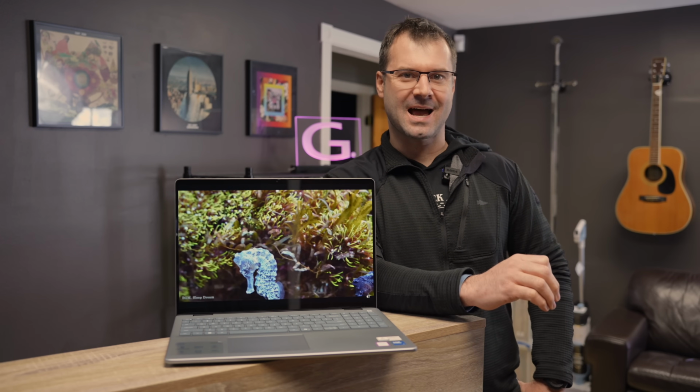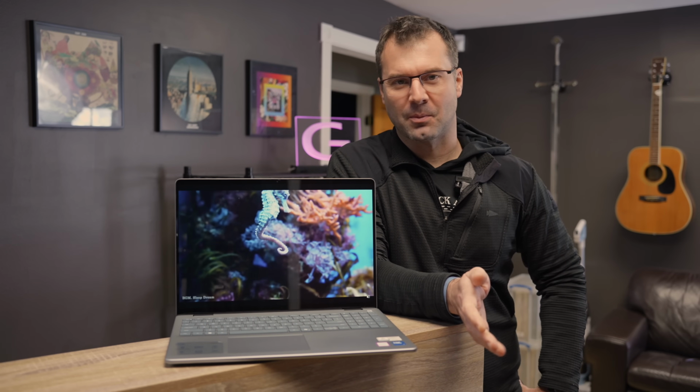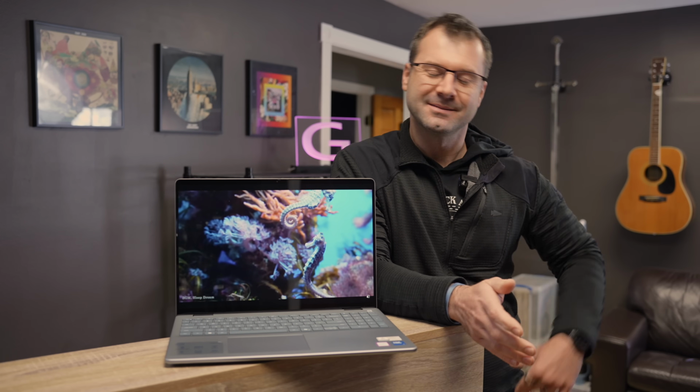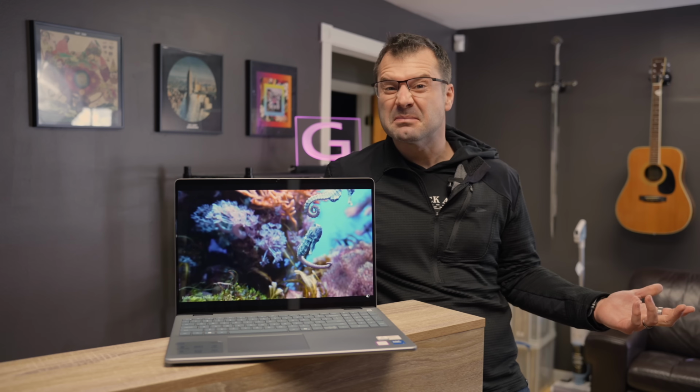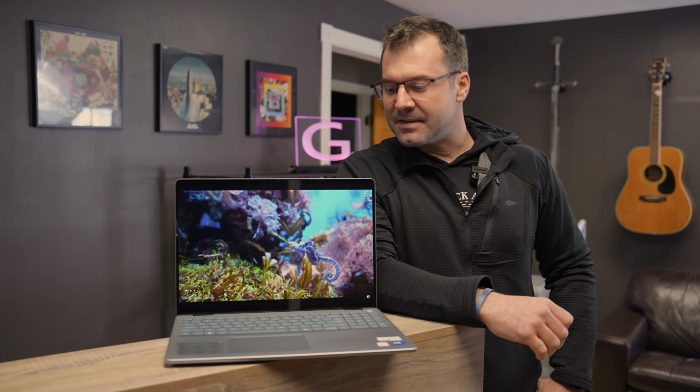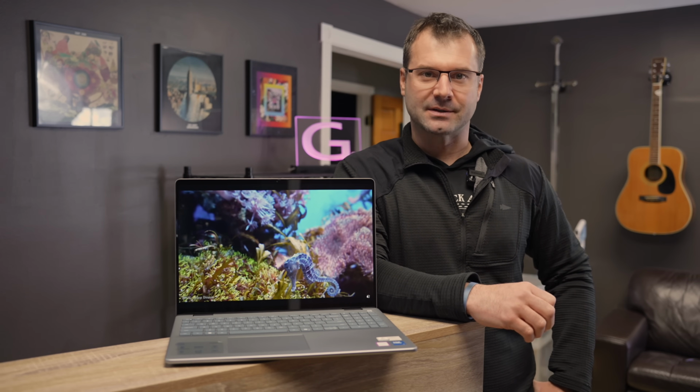Where have I heard that before? Anyway, ripping off naming conventions aside, and by the way, Dell's executives came on stage and said that Apple doesn't own the moniker. To be fair, they are kind of right. They're just words. Anyway, ripping off naming conventions aside, the Dell Inspiron has always been one of my favorite laptops